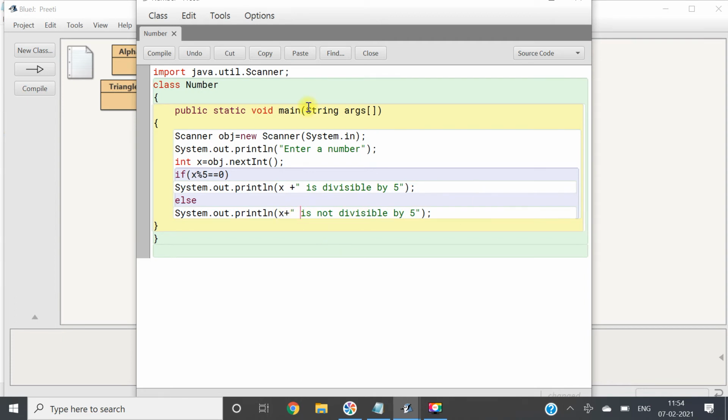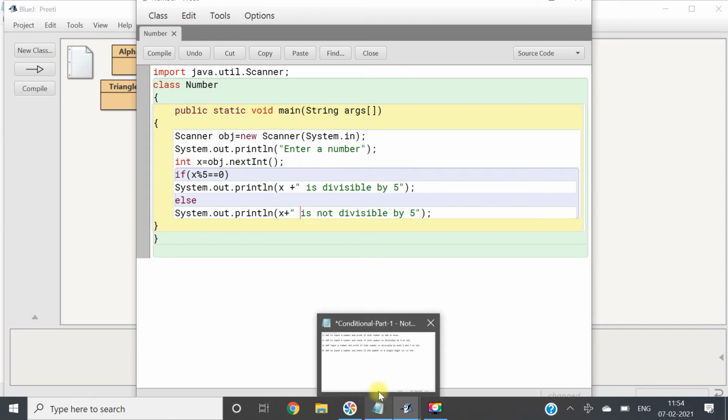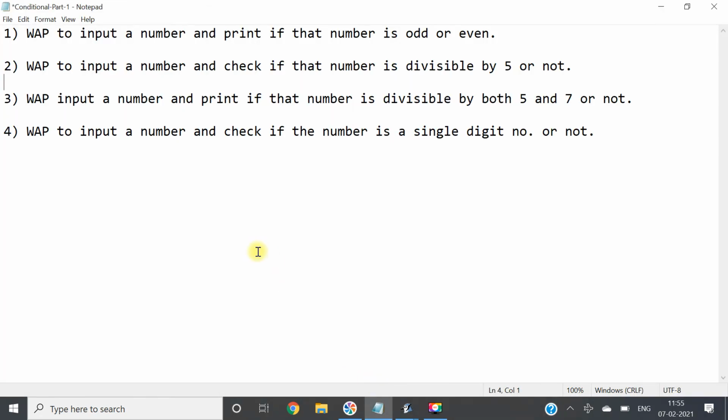Okay, now the next program. Write a program to input a number and print if that number is divisible by both 5 and 7 or not. Earlier we have checked with 5 only.